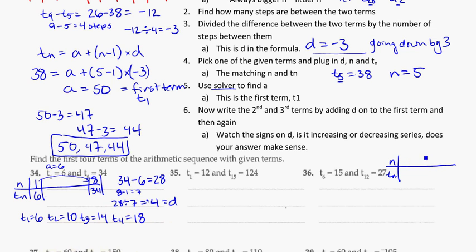I've got a bunch of terms in there. Then I've got term 6, and it's got a value of 15. And I've got a bunch more terms up to the 12th term, and it's got a value of 27. Here I notice that my terms are increasing. My numbers from term 6 up to term 12 get bigger. So I'm going to find the difference between the two using the bigger term number first. So that's going to be 27 minus 15. Because 12 is bigger than 6. 27 minus 15 is going to get me to